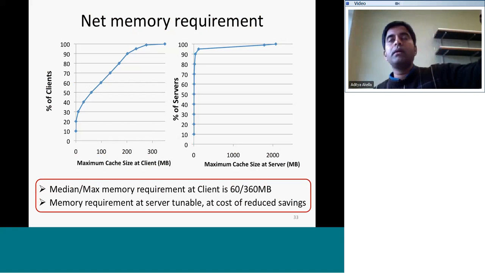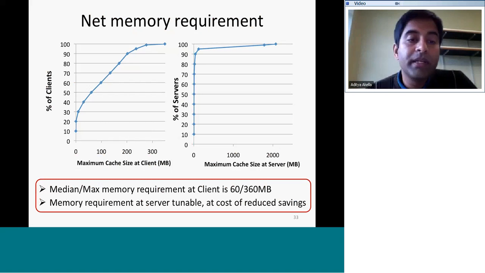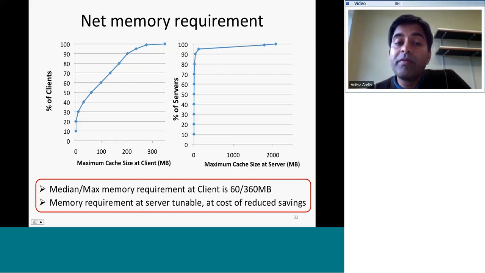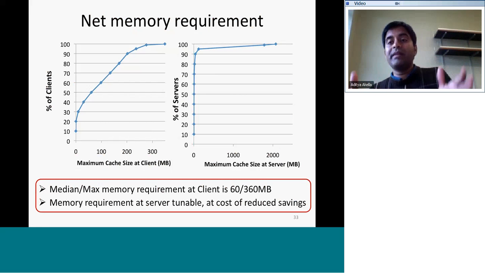But if I look at all the hosts that a given host communicates with, what would the memory requirements look like? If you look at the client, these are devices inside the data center. The median client requires about 60 megabytes of memory. If you had something like 360 megabytes of memory for the server port, this captures all the active connections that the server may have at a given point in time with various clients. That amount of memory at the server is sufficient for it to do effective EndRE to various clients. So the memory impact is not too significant either, based on the choices we made.